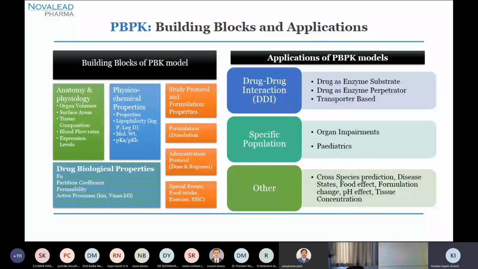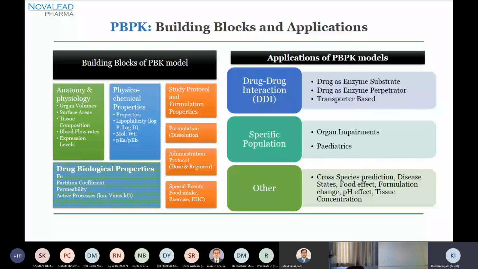So what is the kind of formulation that you are going to use? If it's a tablet, what are its dissolution properties? What is the administration protocol that you want to predict? So let's say you want to administer the drug twice a day, thrice a day, or once a day. What is the dosage regimen that would be required, and special events which would be food intake, exercise, and EHC properties. So all these properties or all these parameters would be required to build up a